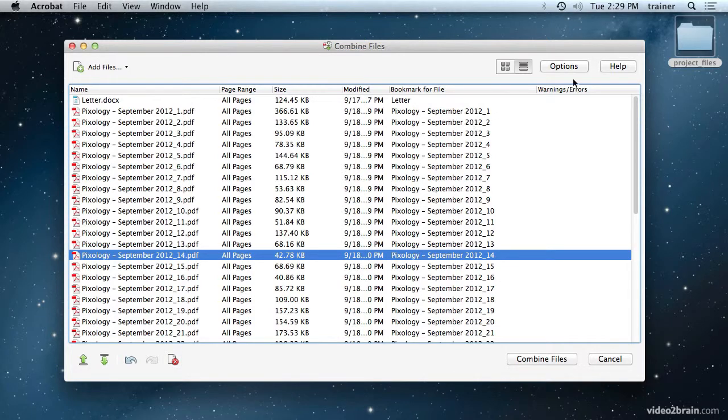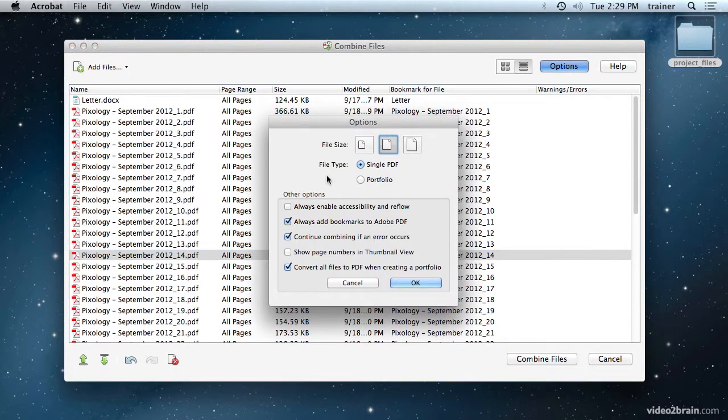You can come up here to the Options button, and this allows you to control some of the properties about how the final PDF is going to be created. So I can set the file size to smaller, medium, or larger file. As the file gets larger, the quality goes up. And for the file type, I can combine it into a single PDF file, or I can combine it into a portfolio file. What I can do now is, for other options, we can actually enable the accessibility for the